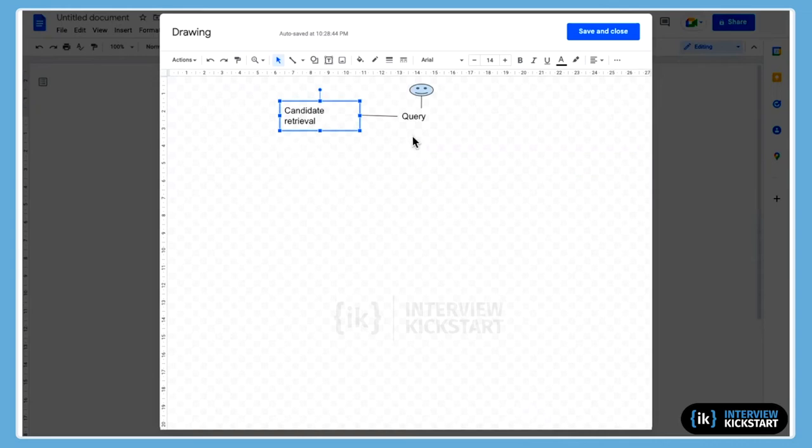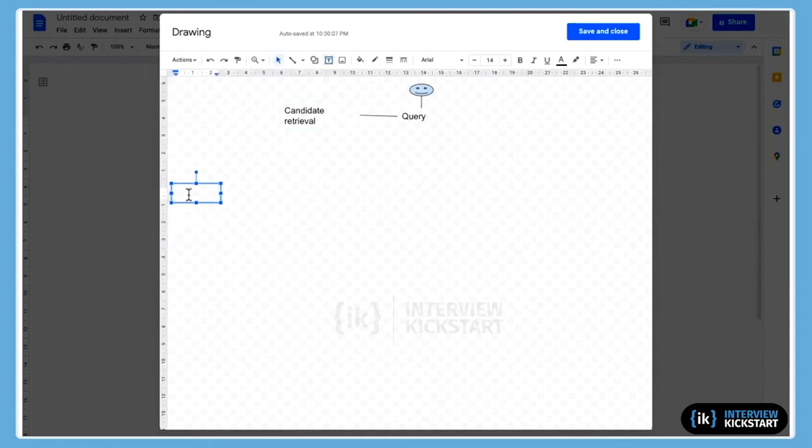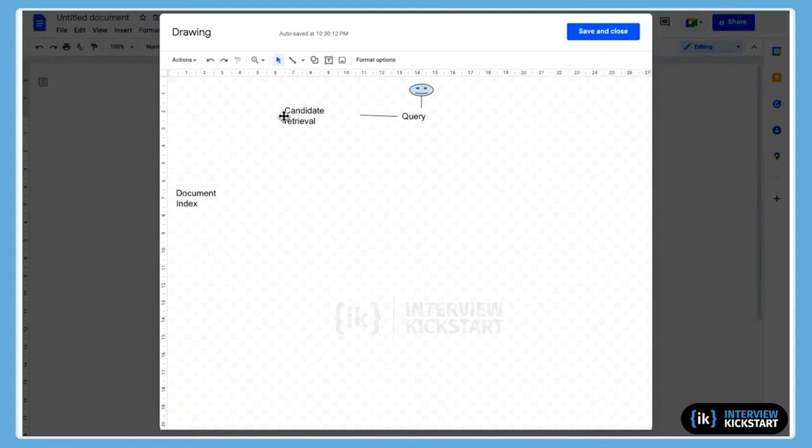Okay. I think you asked where the document indexing is, so I'll just keep it here. So you have somewhere a document index. Perfect. And so my candidate retrieval is looking in the index. Let me use the other one. This should work. I should have picked the one that has an arrow, but my intention was this way. So once my candidate retrieval system looks into the indexer,